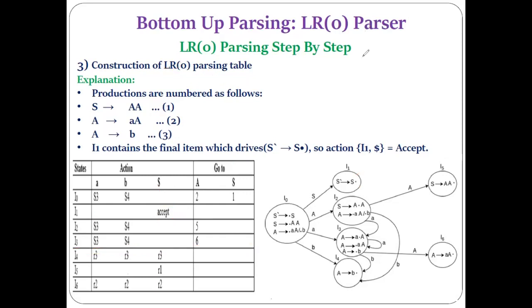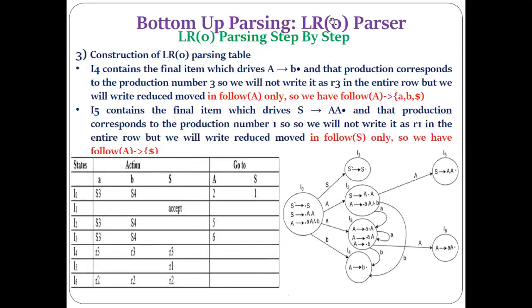Now let's see how to make the entries of reduction movements. As I said, up to this part everything is similar. We only have to think about how to make the reduction entries when constructing the parsing table for SLR1. This is the SLR1 parsing table, and we are discussing the SLR1 parser only. So let's see how to make the reduction entry in the case of the SLR1 parser.